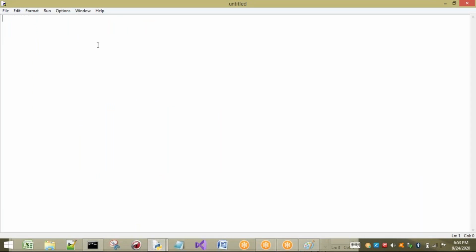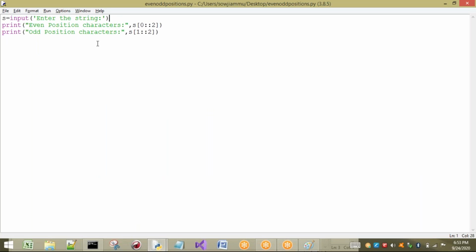Okay, what I have to take first, as we are writing the string programs, everywhere the first line should be that we have to read the string. Same thing. Now I have to perform an operation. First, for every character in the string, generally the output is going to be stored in output, so I will take an empty output. So here, for every character I have to check. So for X in the string.